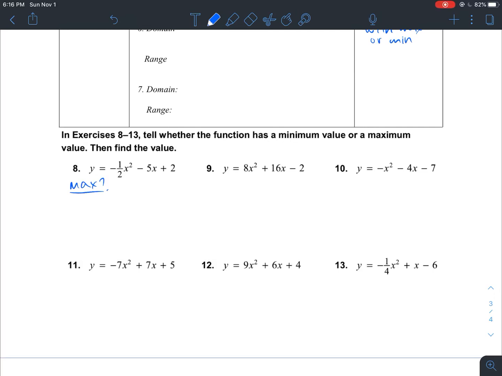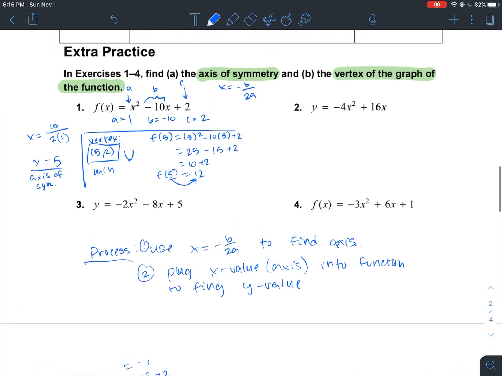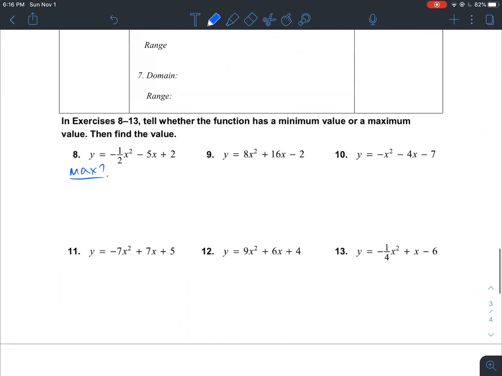We only know how to find the max value by first finding the x value, or the axis of symmetry, and plugging that in. So the same steps that we used up here. If we want to find the max value, first find the vertex. So x is equal to negative b over 2a, and that's equal to negative, b is negative 5, divided by 2 times negative 1/2. And that's going to be equal to